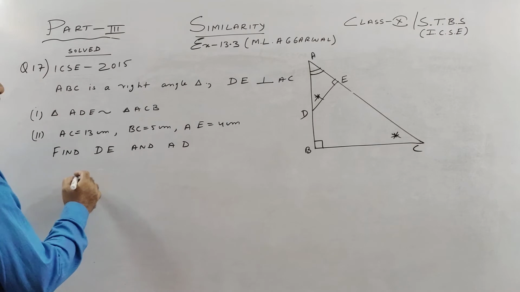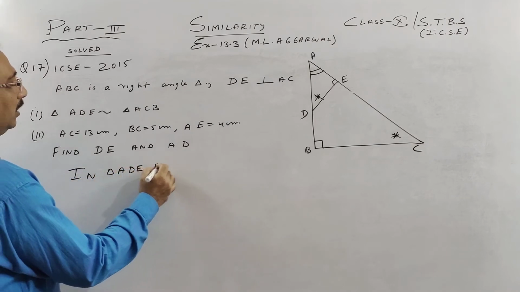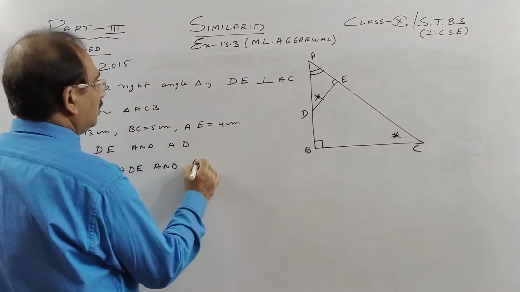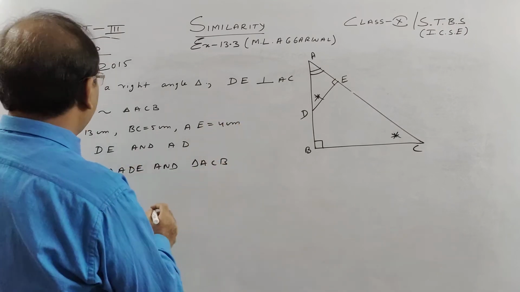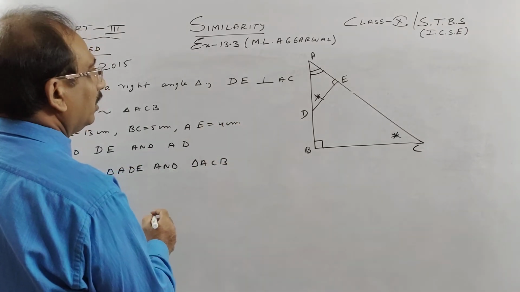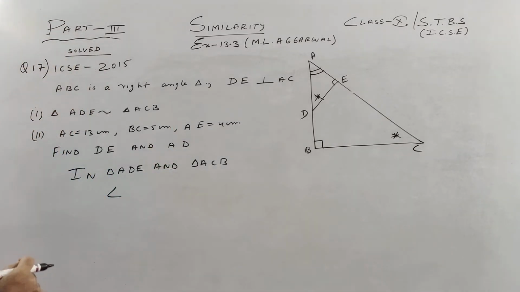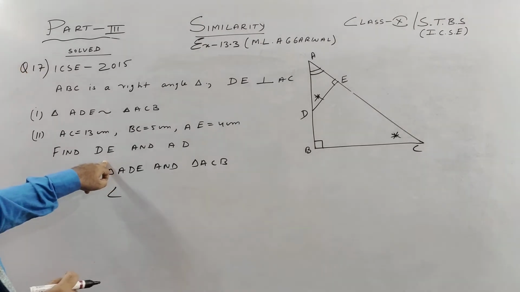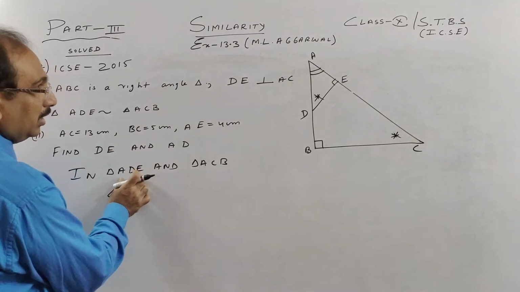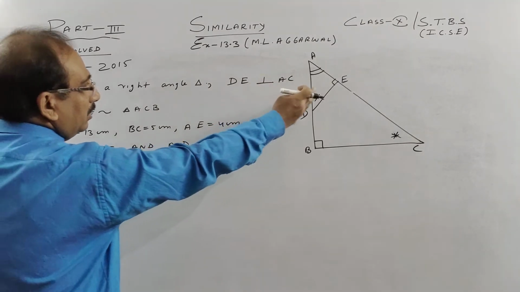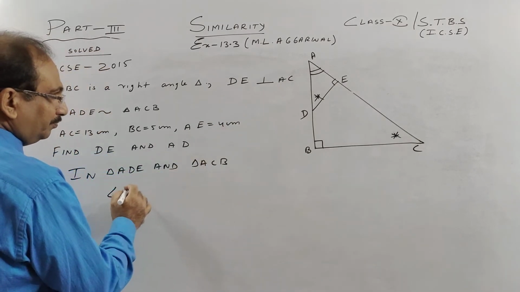So to prove them similar, we write in triangle ADE and, as we used to do in similarity, children, ACB. So what we have, first write what is given, angle. We have to find here DE, if you see, children, small triangle, and AD, in the small triangle. So let us take the ratio from small to big. Here I have written AD is in the small triangle, we take small to big. AD is in the small triangle. So what we have in the small triangle, this angle AED.